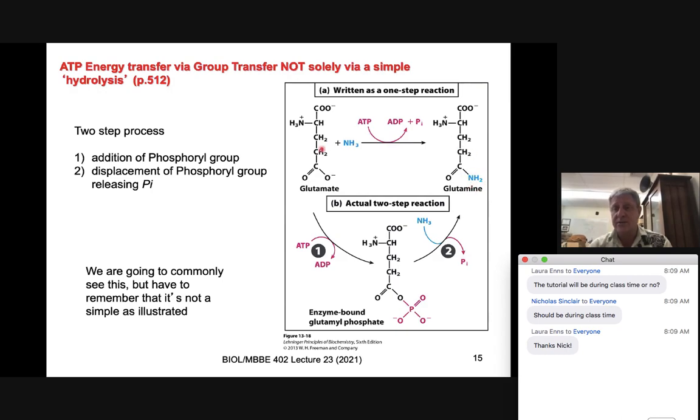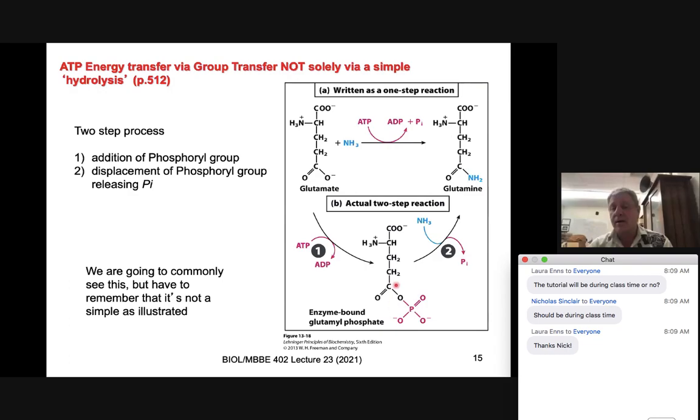And we're going to see this reaction time again also when we look at the urea cycle a little further on in this lecture series. But actually what happens is a two-step reaction. I want you to be very clear when we see this, there are multiple steps occurring in these particular reactions. So here we have glutamate, and the first thing is we're going to prime the glutamate with the phosphate group utilizing an enzyme, and we're going to consume ATP and produce ADP and present the phosphate group onto the carboxylic acid to give us that